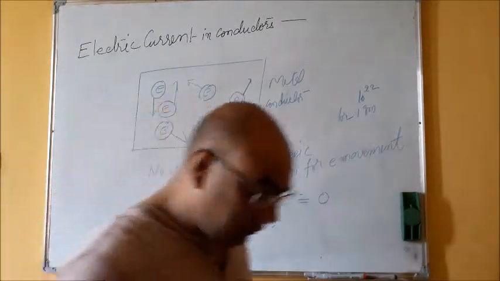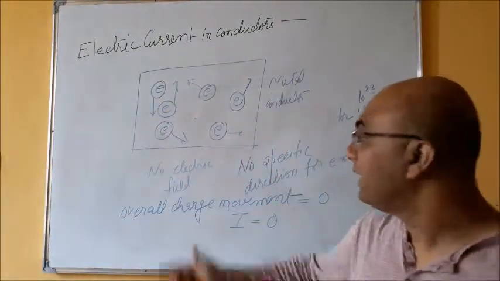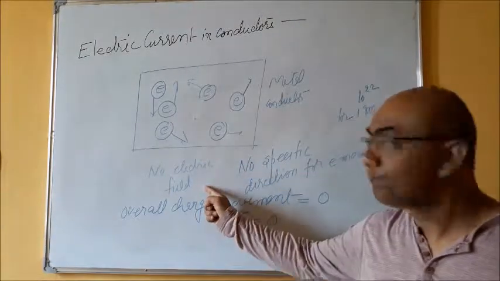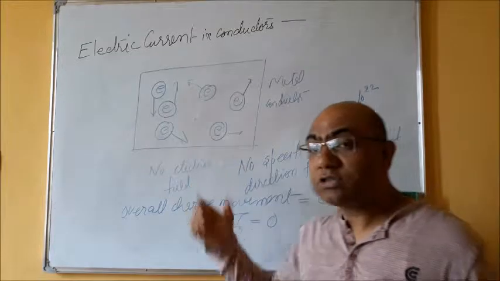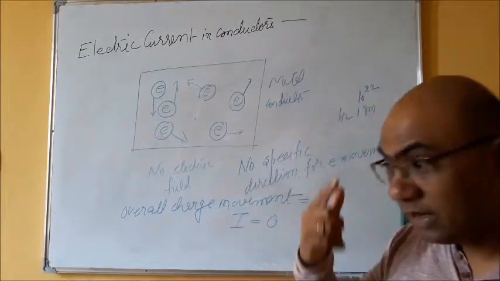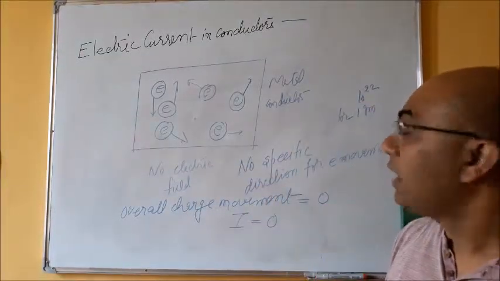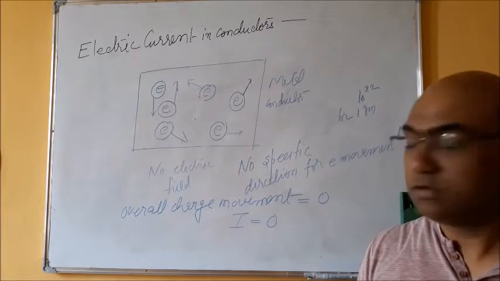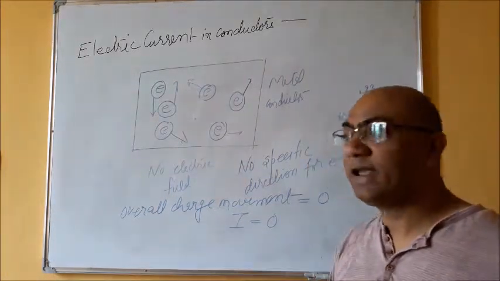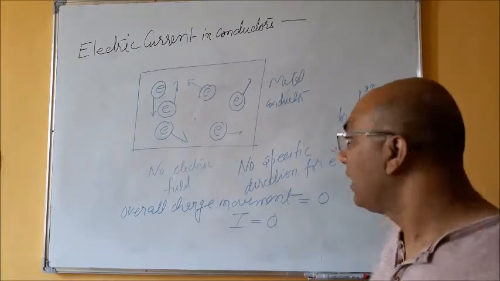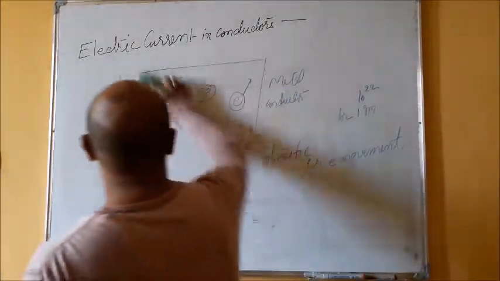And hence, we can say if we are not providing any electric field to the conductor, the charged particles, the electrons, will move, but they will be in random motion. And since they are in random motion, there will be no overall net charge movement, and as a result there is no current. And hence we can conclude that